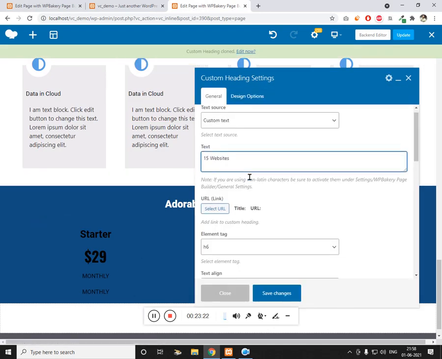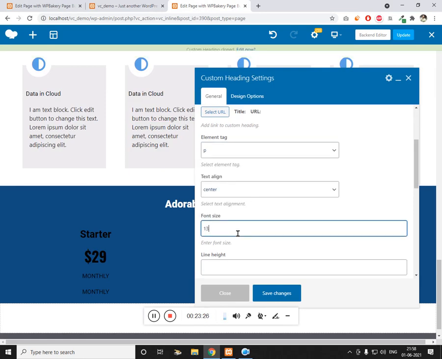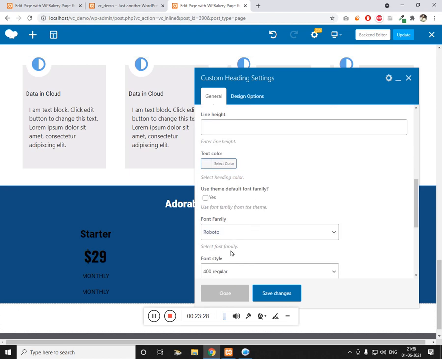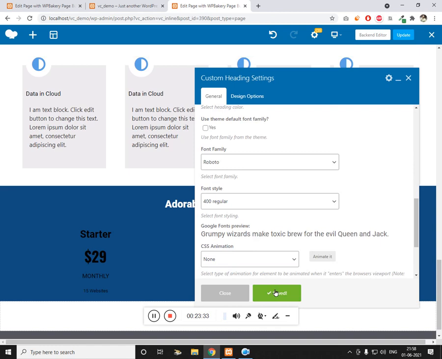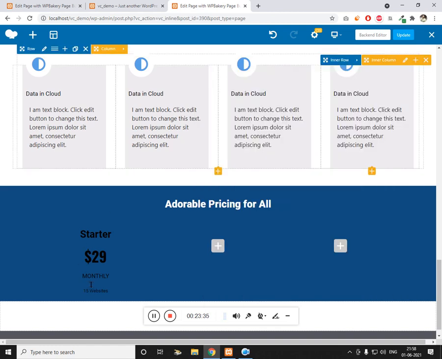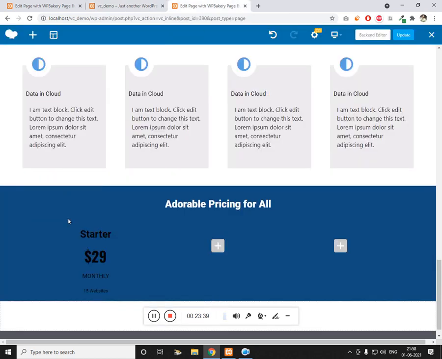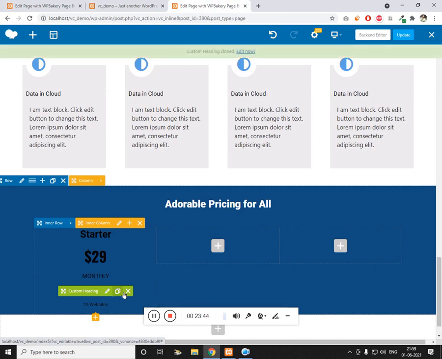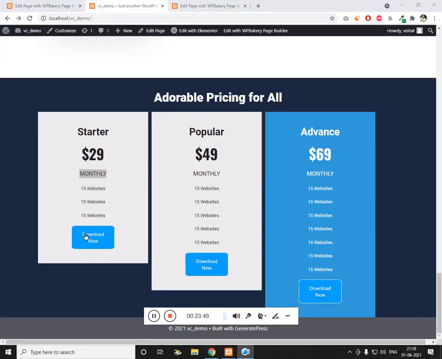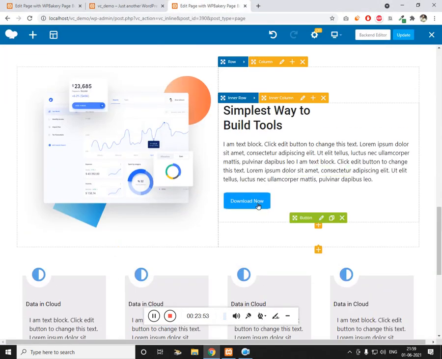Any text, paragraph, font size 13 would be appropriate. Roboto 400 is okay. Cool. Now just make a clone of these like 4 times, now 3 times, second time, third time, and then we need a button. You can see this is the button, so let's just drag this button to its place.